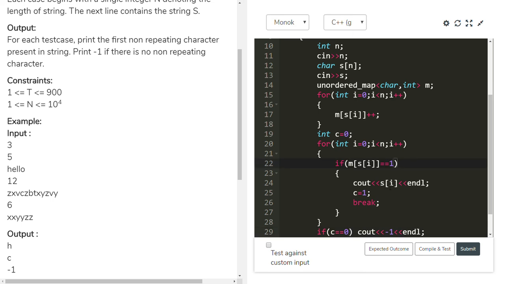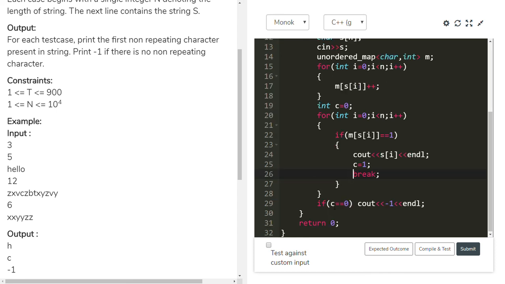Cout is s of i. S of i is h, so h will be printed and c becomes 1. Then it breaks, and this for loop stops execution. See, c is 1 now, so this is not printed. Only h is the output.